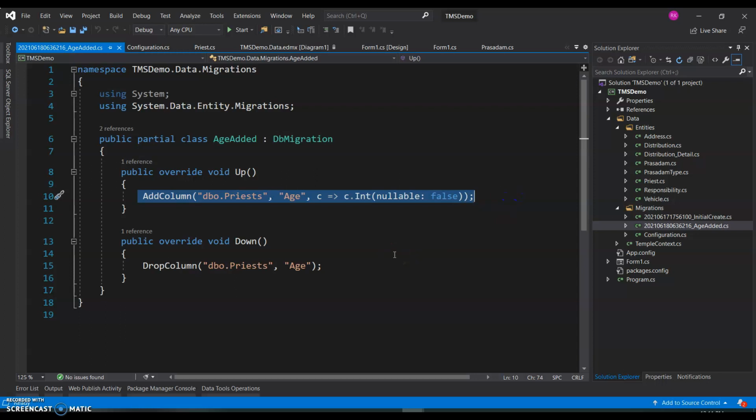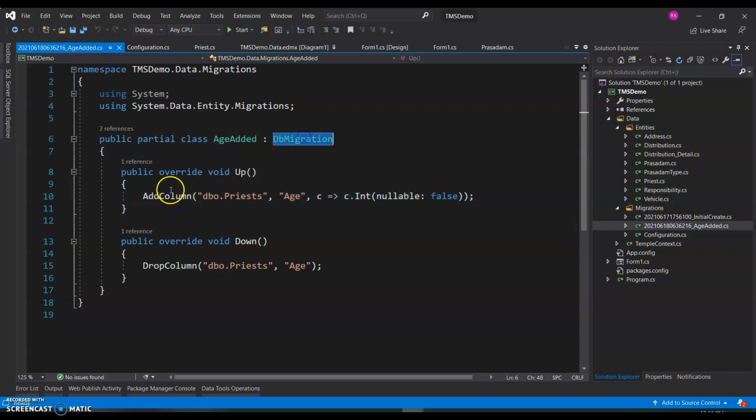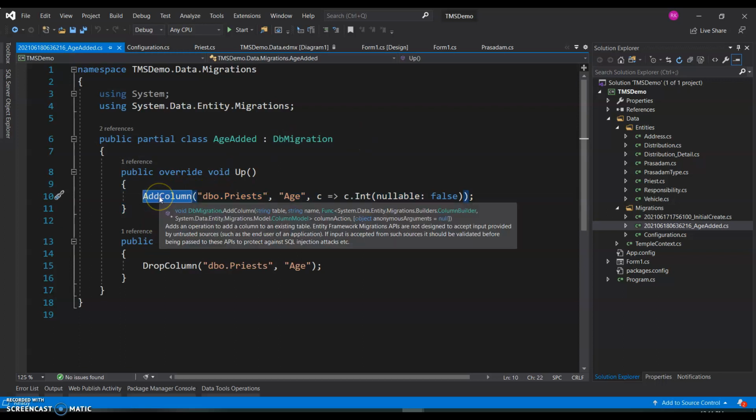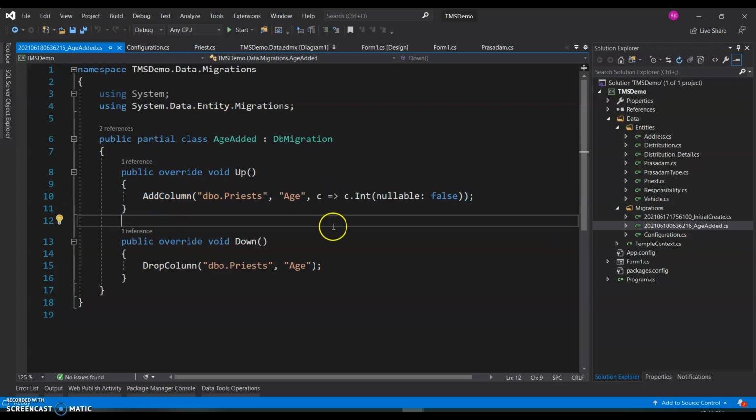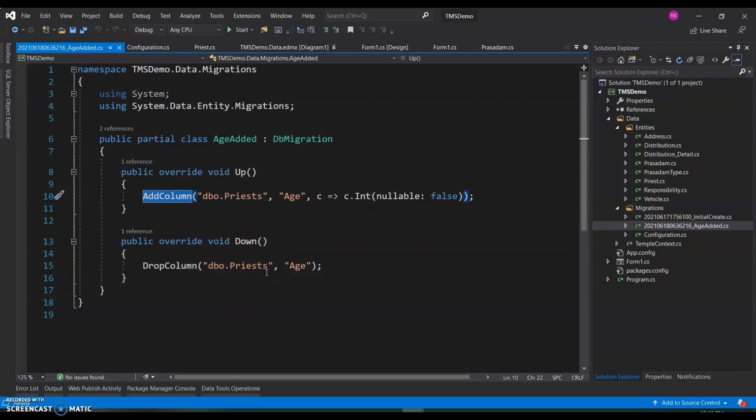Now all these things will be converted to actual SQL statements when the migration runs on the real database, even though it looks like it is actually a method of DB migration. See all this add column, it is all a method of the DB migration, and these are all arguments to that, and this is like lambda expressions basically which goes into this method. Inside this DB method add column, if you see, it will have the code to generate the required SQL queries, or if you are using Oracle or SQLite, MySQL, it will just write the queries accordingly. You don't have to worry about writing it for a specific database.